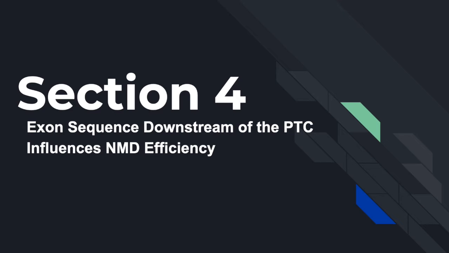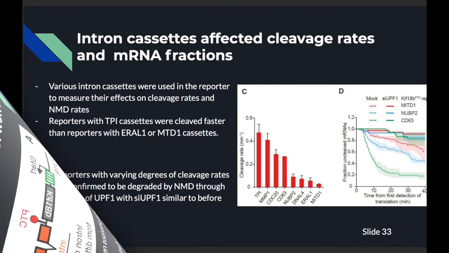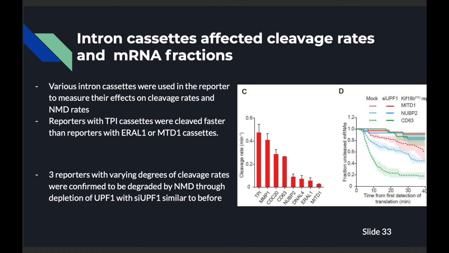One of the previous experiments demonstrated that their real-time imaging technique could be used to analyze the cleavage rates between different mRNA reporters, but now they want to look into the mechanisms behind it, such as cleavage rate and NMD resistance. The first thing they looked at was how nucleotide sequences downstream of the PTC can affect NMD efficiency. This was done using another standardized reporter containing the gene KIF18B, a PTC, and various intron cassettes, which were located downstream of the PTC. They found the different cassettes produced significantly different cleavage rates as shown in figure C, as